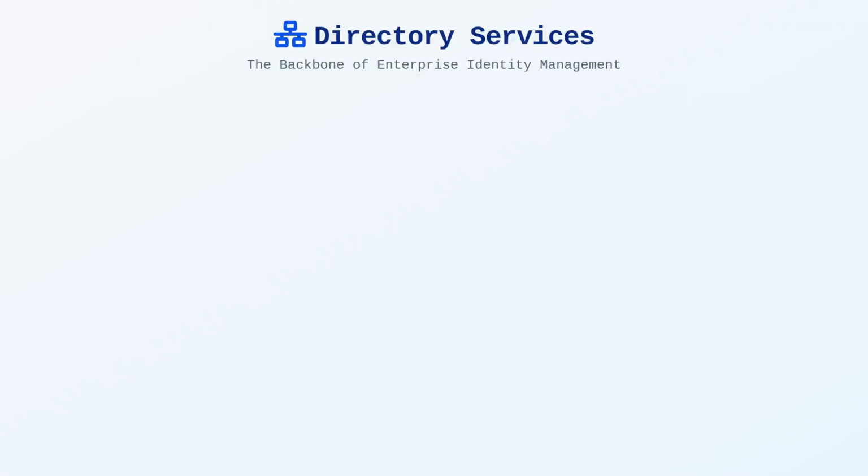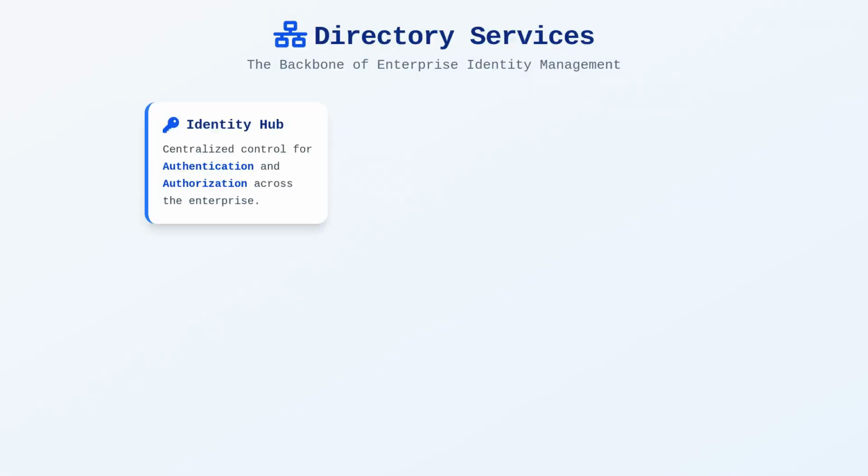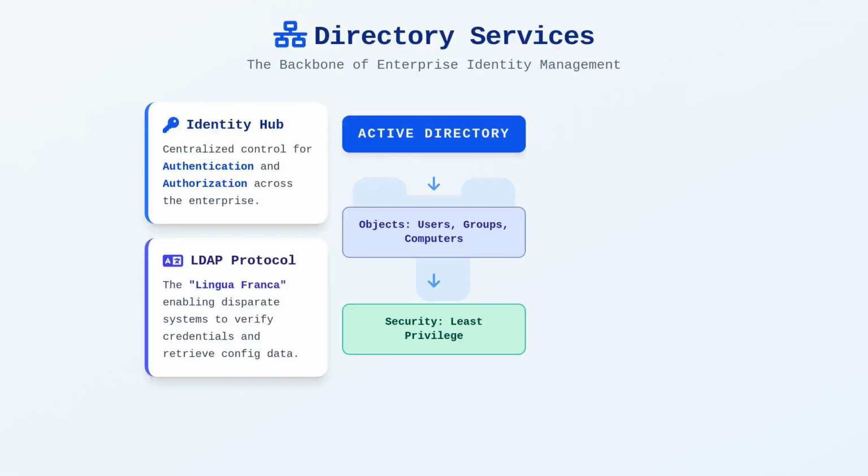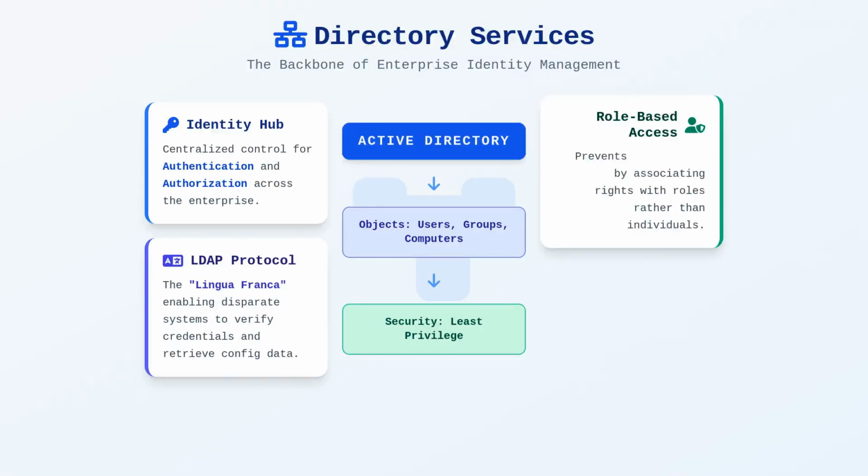Directory services serve as the backbone of identity management within the enterprise, providing a centralized way to handle authorization and authentication. Active Directory remains the standard in Microsoft environments, utilizing LDAP under the hood to facilitate queries against objects like users, groups, and computer accounts. You should view directory services as a formal mechanism for enforcing the principle of least privilege. By associating permissions with roles rather than individual accounts, you simplify maintenance and reduce the likelihood of security holes created